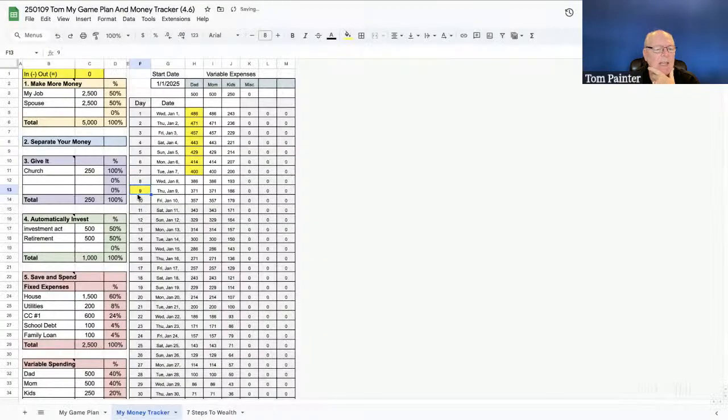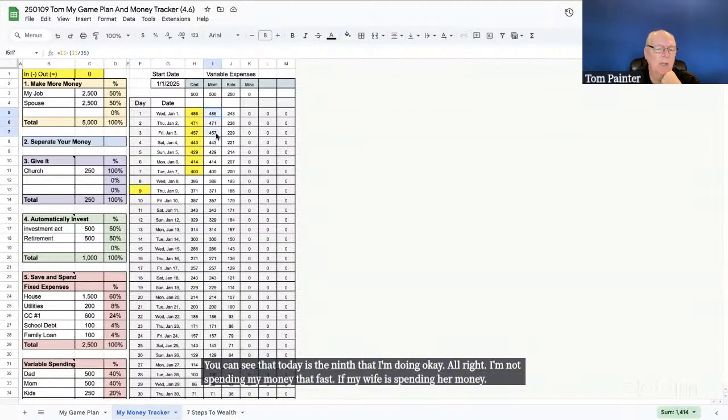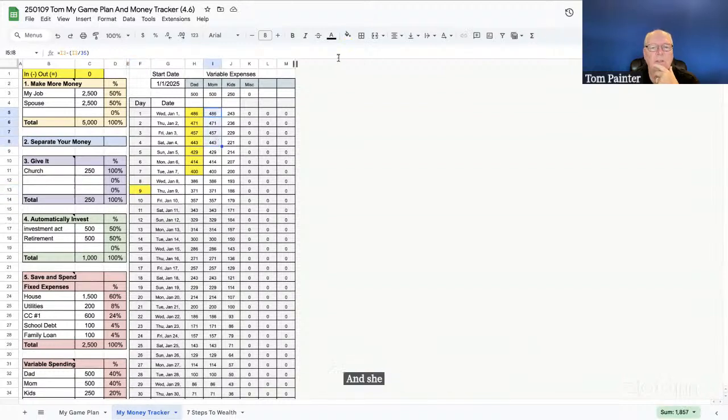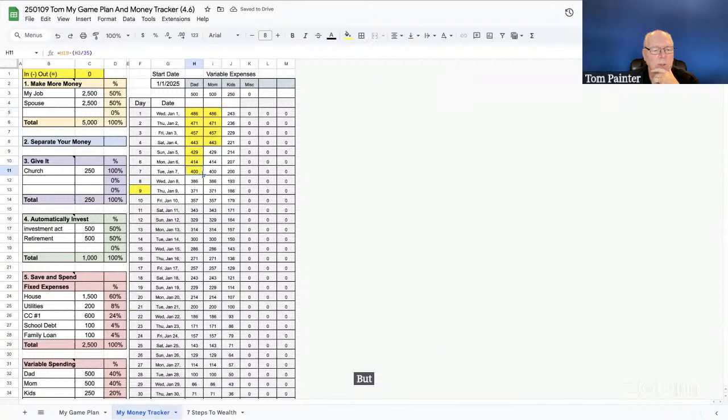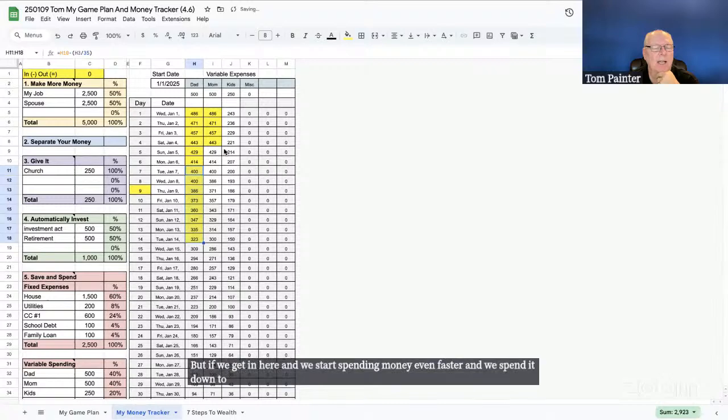you can see that today is the 9th, that I'm doing okay. All right, I'm not spending my money that fast. If my wife is spending her money and she's spent a little over $50 right there, she's right there. It's the 9th of the month. We're doing great. But if we get in here and we start spending money even faster, and we spend it down to $300 is what we've got left,